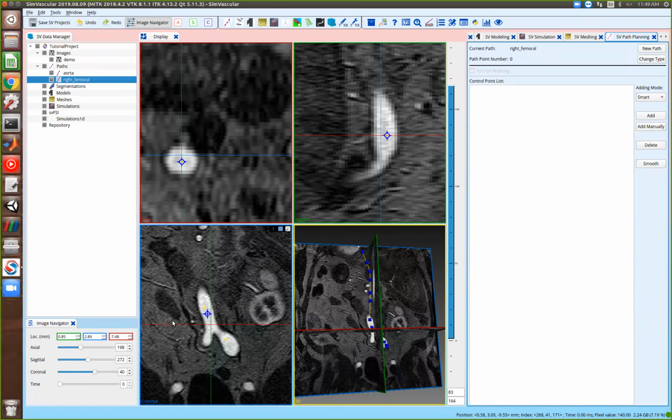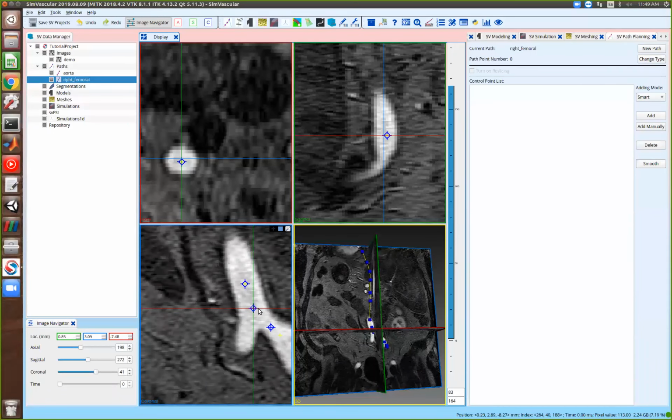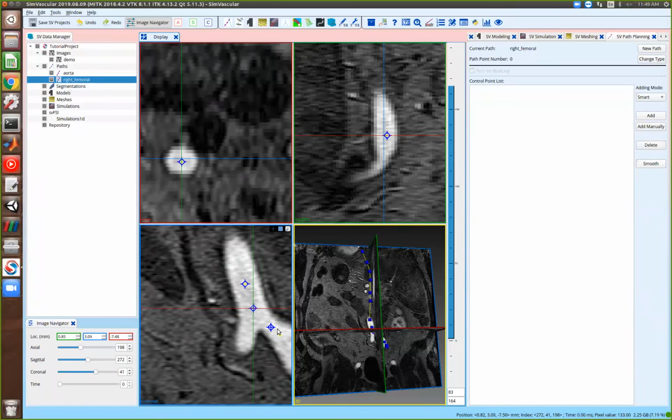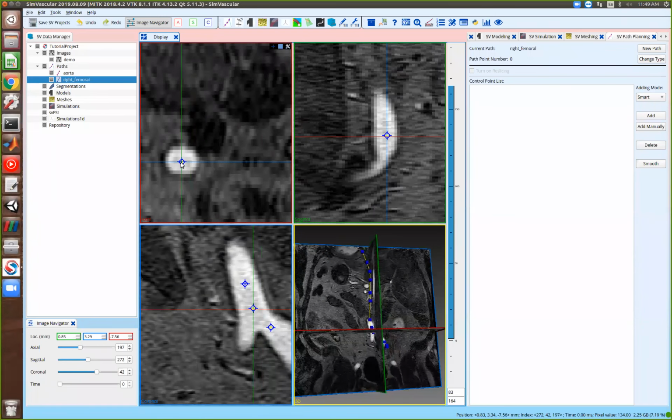So as I add my first point, I'm going to really make sure that I'm in the region that overlaps with the main aorta and then the split into this artery as well. And I can do that because it will still show me the points that I added before. I don't need to be right on top of it, but I need to be pretty close to make sure that that branch will later on be able to be modeled as branching from that artery